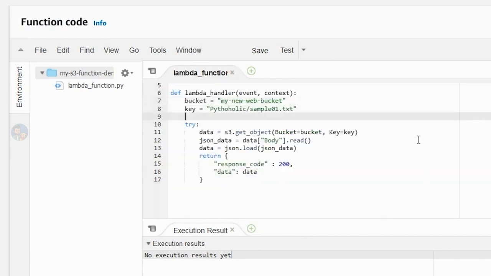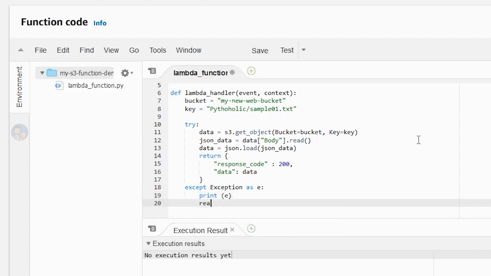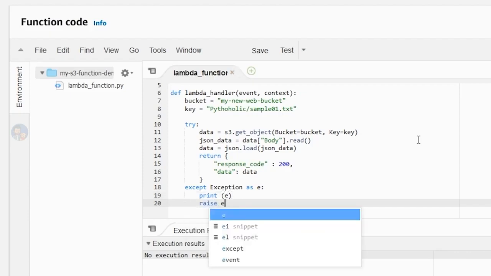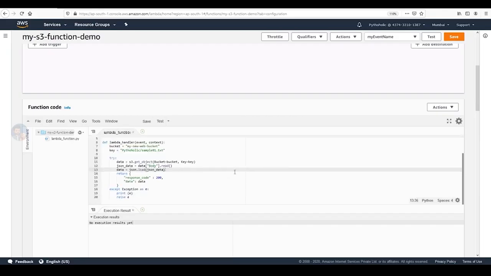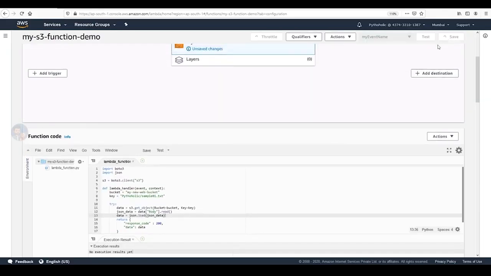Okay, I have to close the except, exception as e and print e on arrays. Okay, so I hope the code is done now, so I can just save it and I'll just